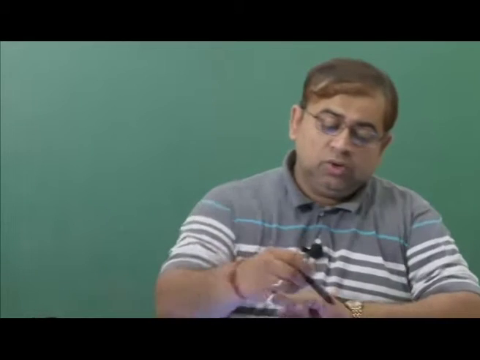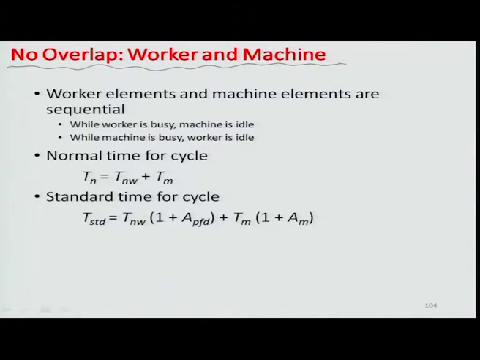So there is typically no overlap between worker and machine. Typically, worker elements and machine elements are sequential in nature. For example, when the worker is busy, the machine is idle and vice versa. So, therefore, while studying or demarcating into different elements of work, it is important to estimate the total amount of time spent by the worker